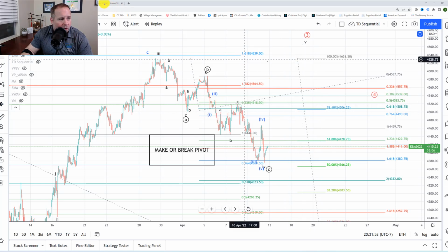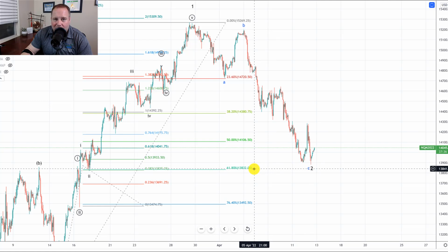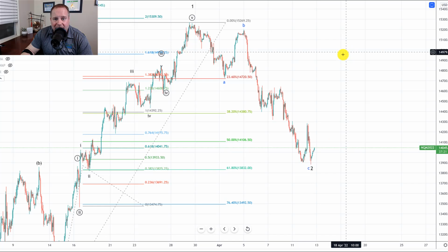Okay, so over on the NASDAQ, we also got the same rally and failure in the NASDAQ, and it came back and just about got to the 618 support, which is a very common target for wave 2, and it has started rallying as well. So there is potential for the rally to be on right now. Again, the bulls have a lot of work to do to make that happen. But once we get that confirmation along with that bottoming signal, then it's very likely we're heading up as well